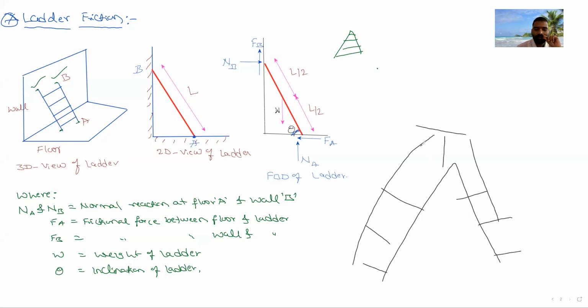No, but we are considering only this triangle, this ladder, and we are considering the frictional force on either side. The inclination and the weight are of only one type, one side. So if it is the same, then there will be the same frictional force. Okay, sir. Okay, I am considering only one part.